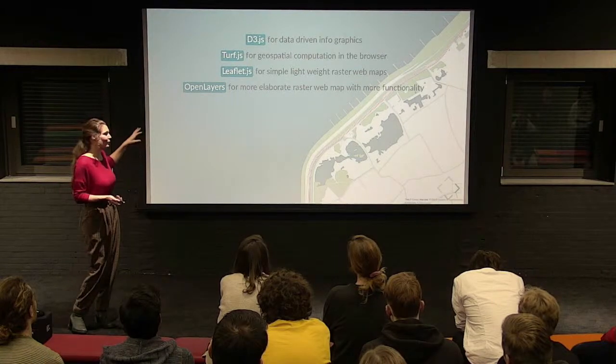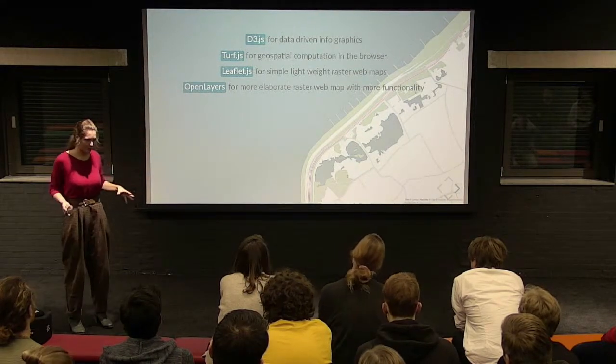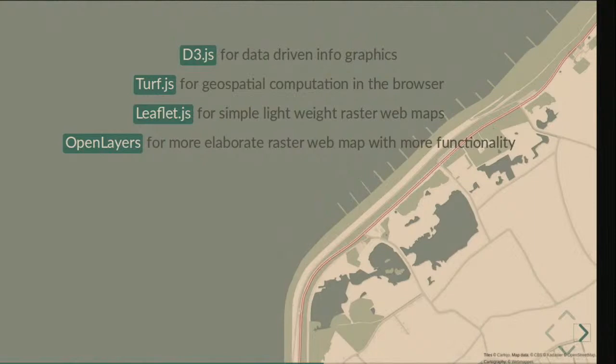OpenLayers is kind of a Leaflet, but then more elaborate. So there is way more functionality and plugins available if you want to have a web map. The ArcGIS JavaScript API works great, and especially works great if you work with Esri software. You have maybe clients that have Esri servers, because putting Esri data and servers into Leaflet or OpenLayers is harder.